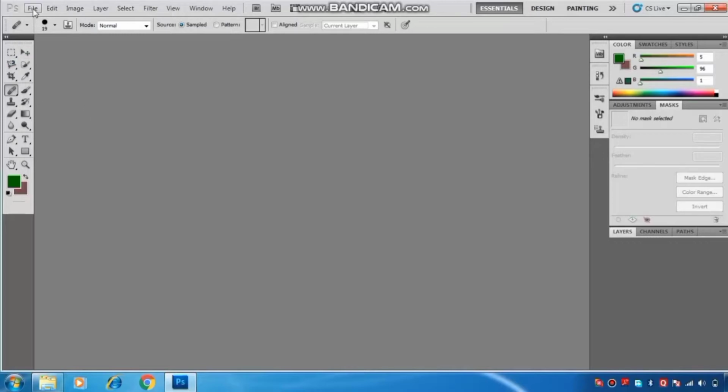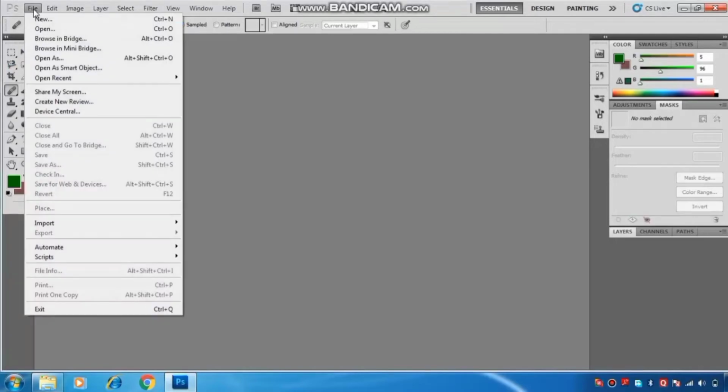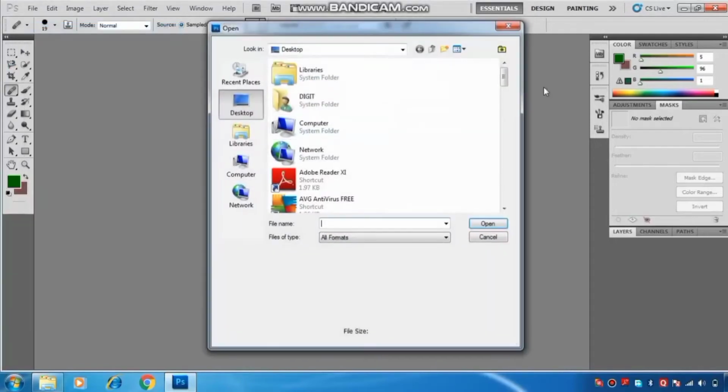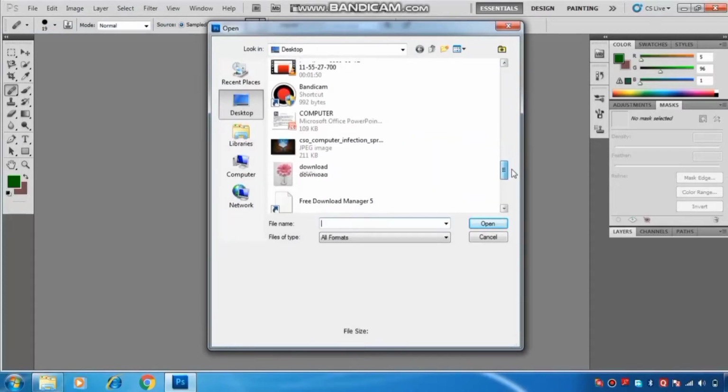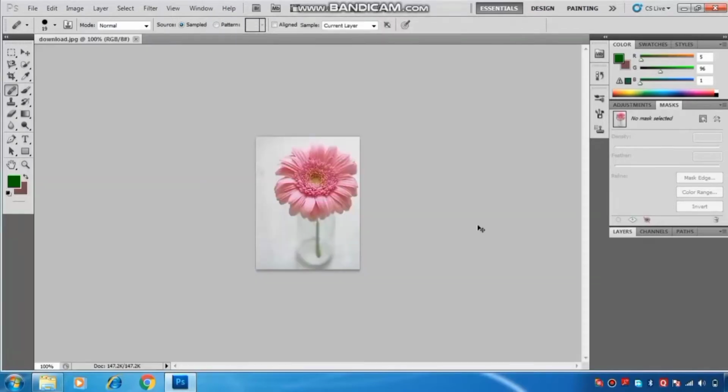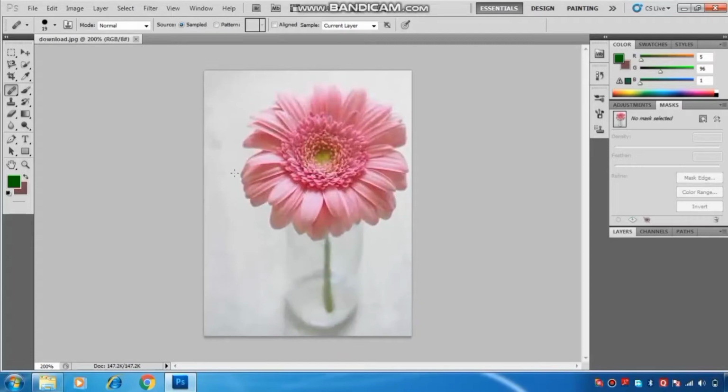To practice with that tool, first we have to open a new image. As you know how we can take the new image, and Ctrl++ is used to increase the size of your image. Here you have seen the image will appear on your screen. This one is your painting tool option. First we have the brush tool. This tool is used to apply smooth and soft brush strokes of the selected color on the image.